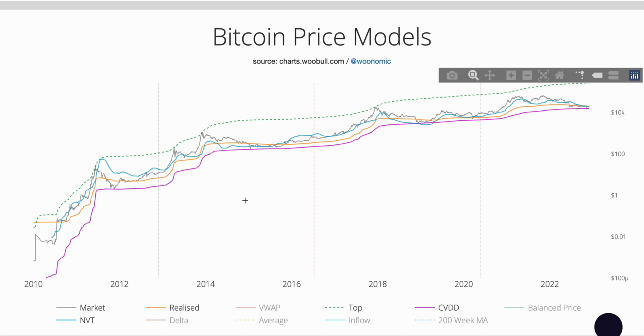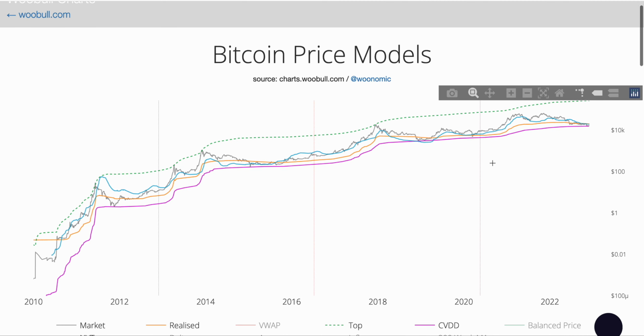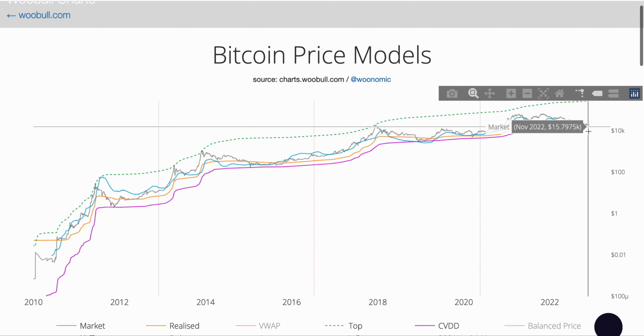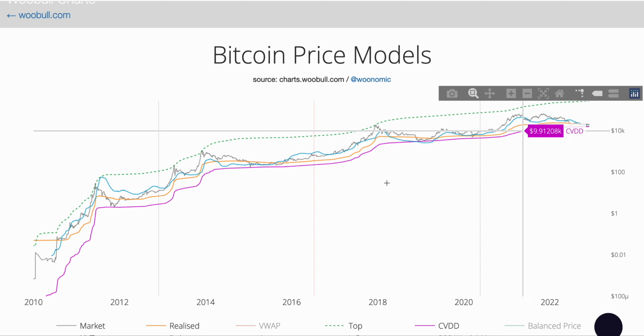And that's where he focuses more. He focuses more on his Twitter account than he does his website. But this one's off his website. And this is what he does, he puts all his pricing models together. But the point is that you can see the Bitcoin price is near the bottom here. So it's at a good point in time, especially if you look at that pink one, the